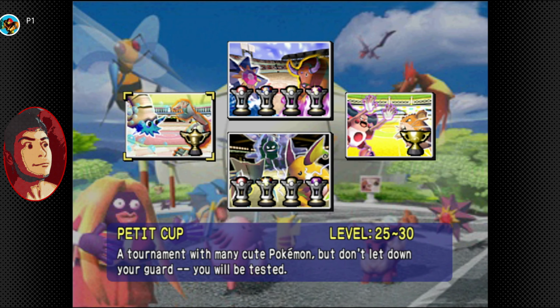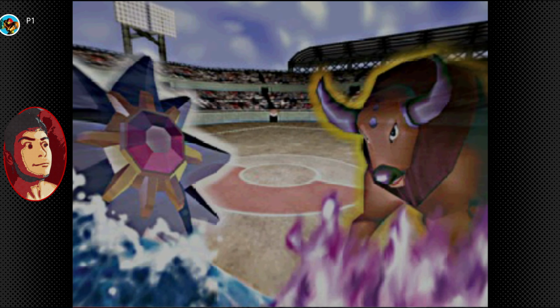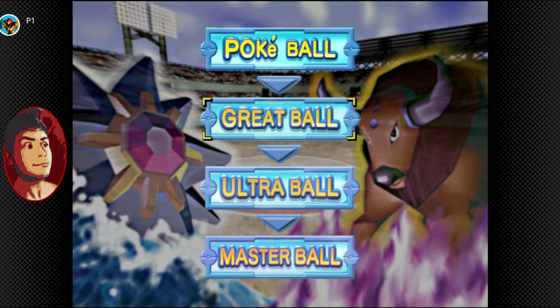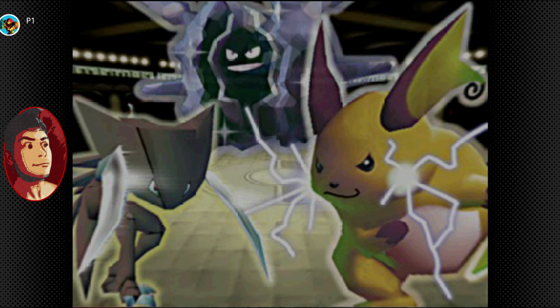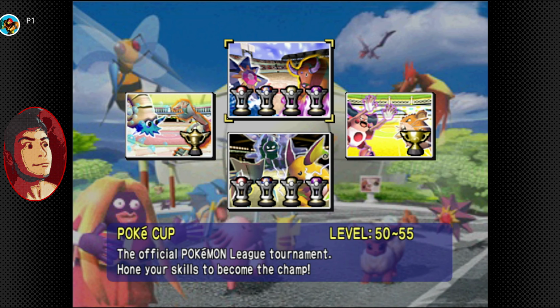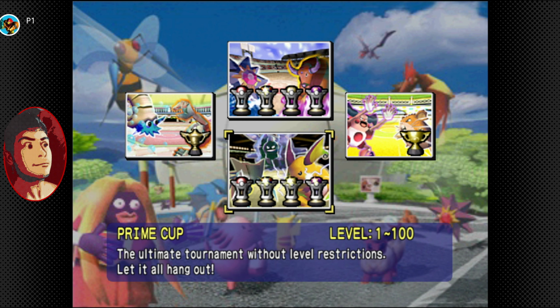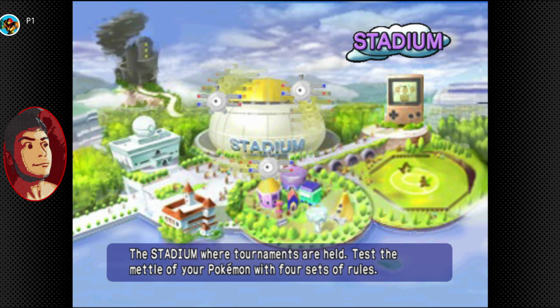For a quick recap, I have the Petite Cup, the Pika Cup, all 4 tiers of Poké Great Ultra Master, of the Poké Cup and the Prime Cup, all 4 completed. Once you finish all of these, then the last battle of the Prime Cup is Mew. It's pretty cool. If you're just jumping in now,